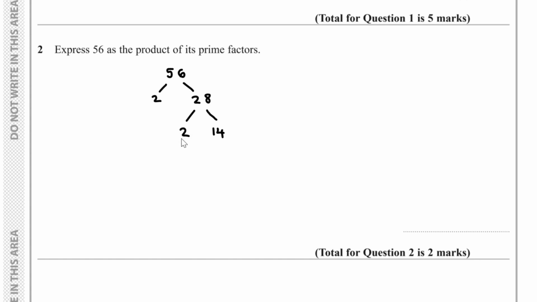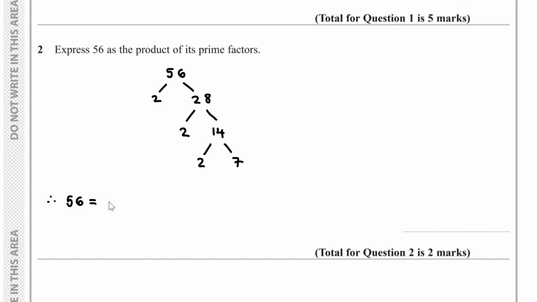2 we can't split up any further, it's a prime number. However, 14 we can split up into 2 and 7. 2 we can't split up any further, it's a prime number. 7 we can't split up any further, it's a prime number. So therefore, when we come to express 56 as the product of its prime factors, you can see 56 is